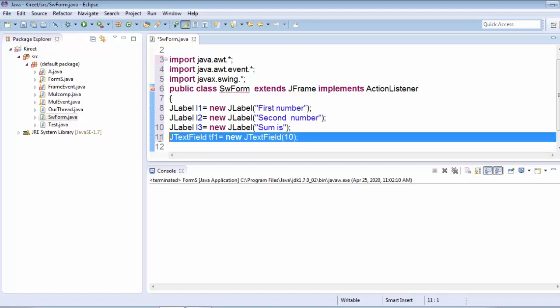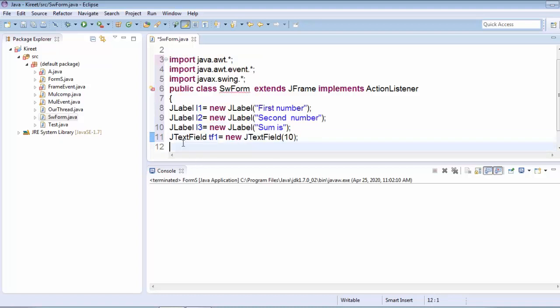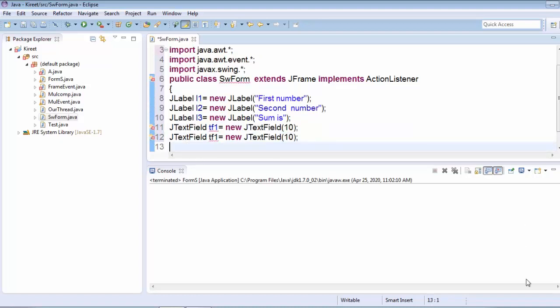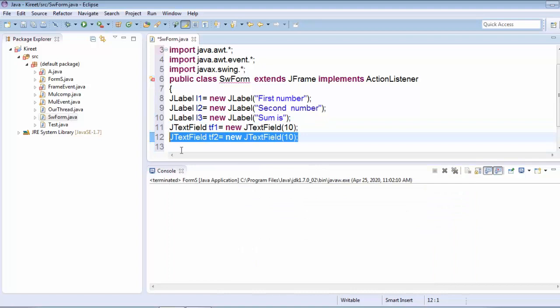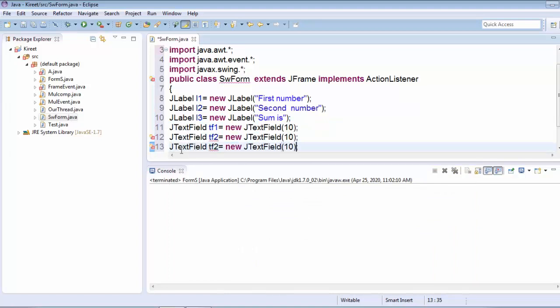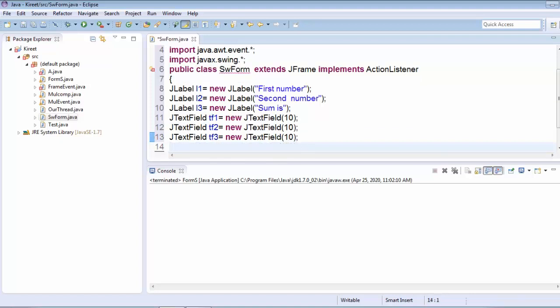Again we use JTextField tf2 is equal to new JTextField 10, and for the result we just copy this and use JTextField tf3 is equal to new JTextField 10. So now text fields have been set.